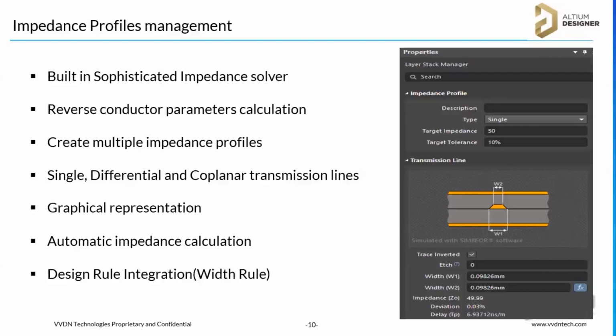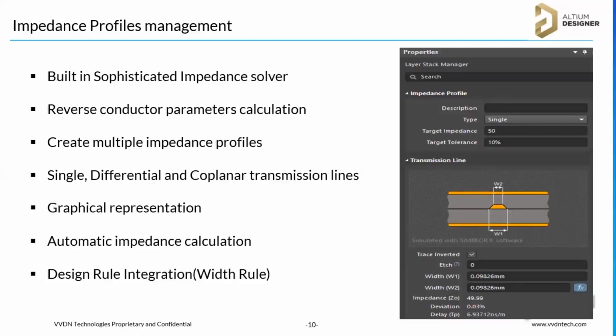So you can simply define the type and mention the target impedance, like 50 ohm, 100, 90. Like that, you can mention the impedances and it calculates the impedance. And you can create multiple impedance profiles. For a single PCB, you may have a 90 ohm USB signal, a DDR 100, and then 50 ohm normal signals. So multiple impedance profiles can be done and calculated. As I mentioned, you have single, differential, and coplanar transmission lines. You can see in the property window how we are calculating and what formulas we are using. You can see the width constraint and space constraints, and how much impedance we are achieving. So it will be automatic.